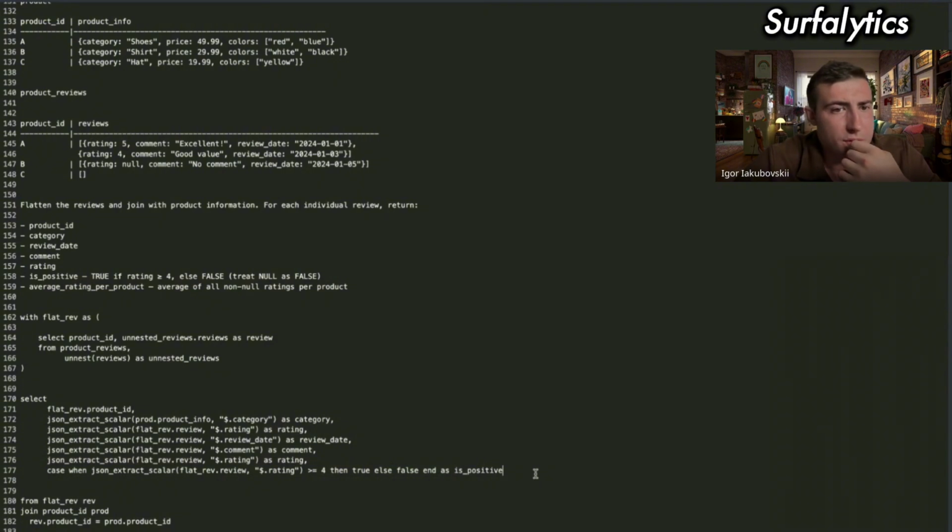Average rating per product. Average of all non-null ratings per product.